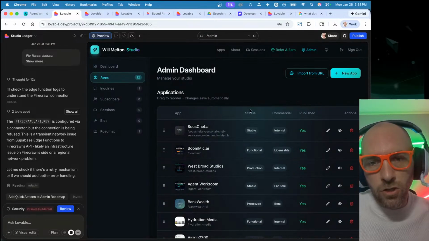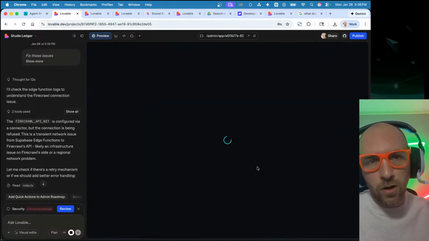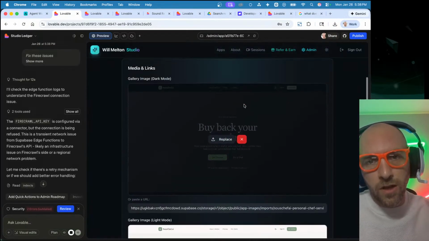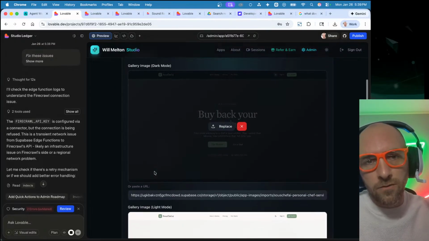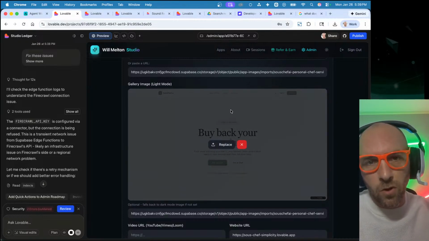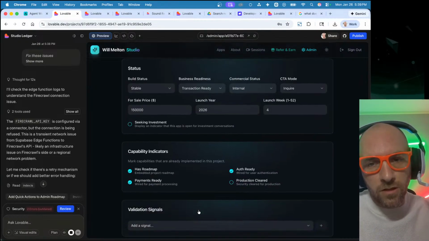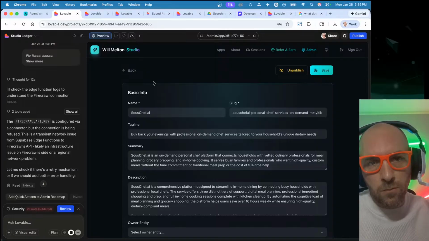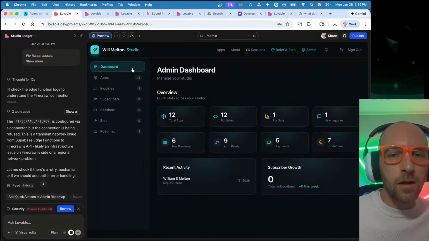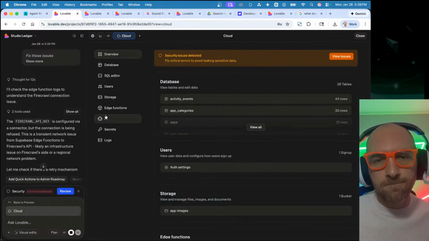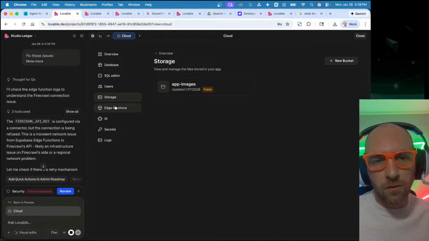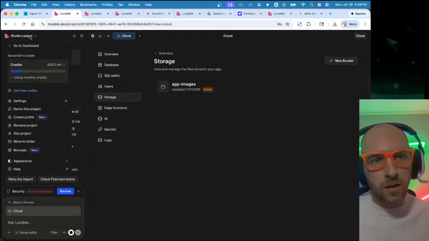And it should, if we're successful, and it did work on this build, it's going to go ahead and automatically capture the screenshot of dark mode and the screenshot of light mode, as well as some of the other details of the application, so that it can get published here without me having to do a lot of work. That is using, I'm getting it wrong. I want to say it's called Firecrawl, but I could be wrong about that. So let's just go in here to their settings. Go to settings here.